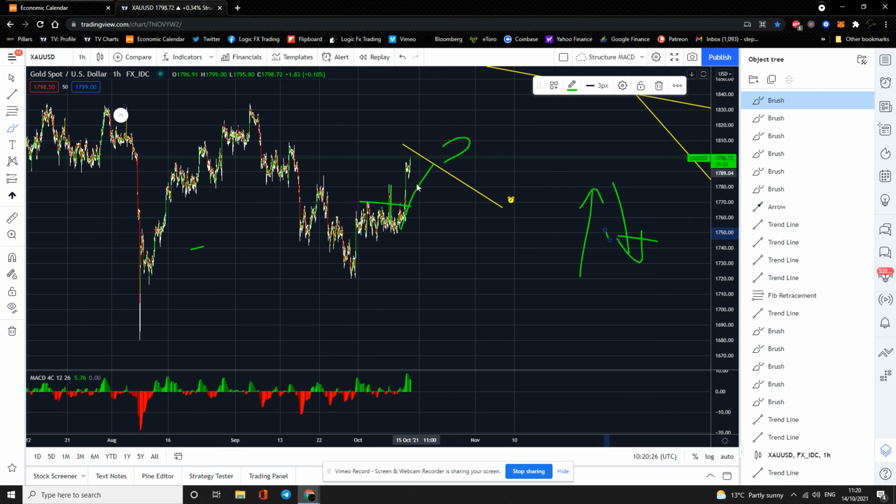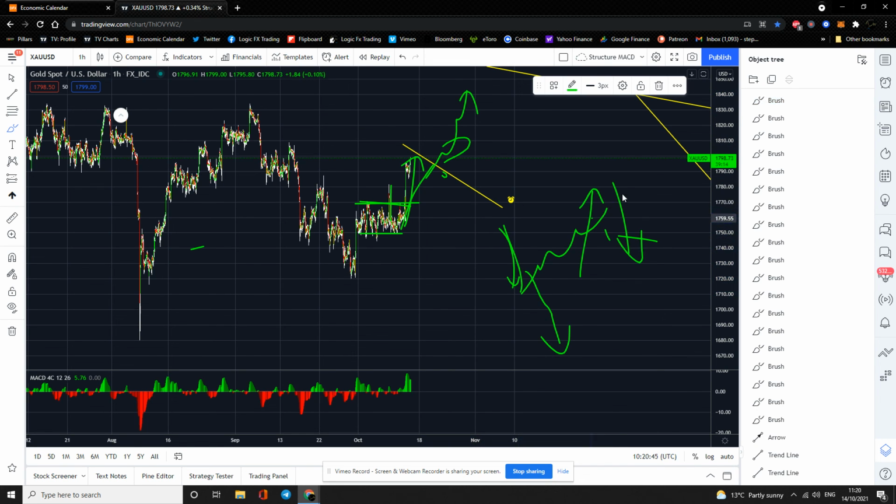So I'm not sure that this is necessarily something that's sustainable. Given that structure, we were looking for that, but with the big question mark. And what would the reasoning be? Well, the reasoning is the dollar dropped. So if the dollar continues to drop, then this will continue to go up. But if the dollar stalls and starts climbing up again, the odds are this will start to drop again, guys. So all eyes back on the dollar.